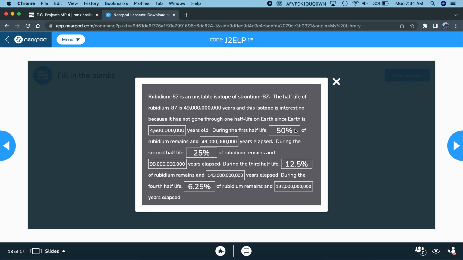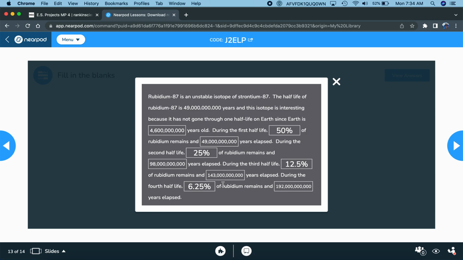During the first half-life, 50% of the rubidium remains and 49 billion years elapsed. During the second half-life, 25% of rubidium remains, and we have 98 billion years. So 49 billion plus 49 billion, or 49 billion times 2, will give you 98 billion years. It's a long time. During the third half-life, half of 25 is 12.5%. And then we're going to take the 49 billion and times it by 3, and you should get 143 billion